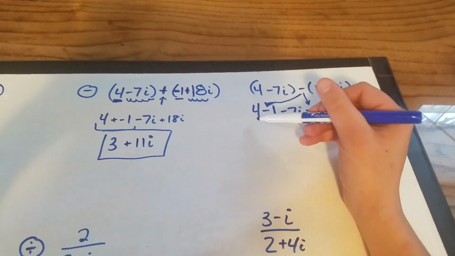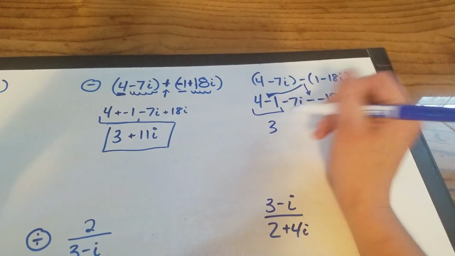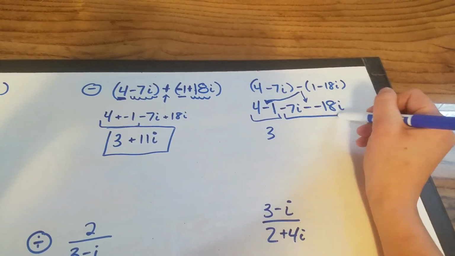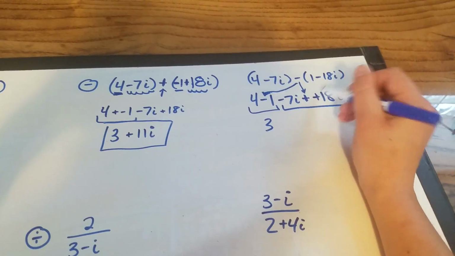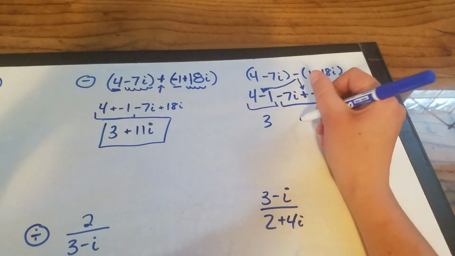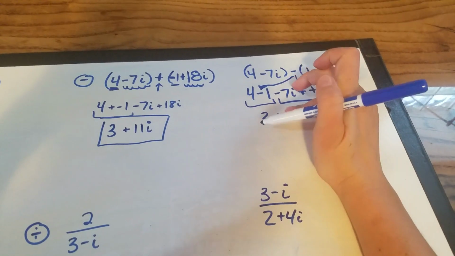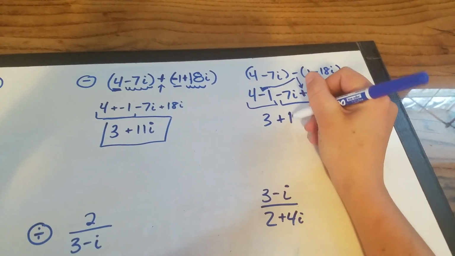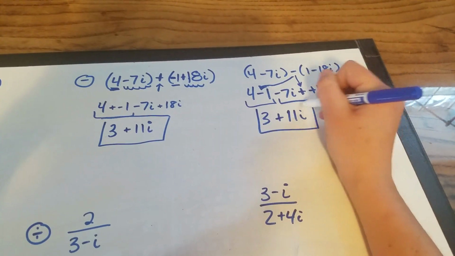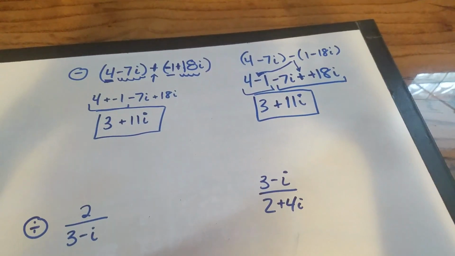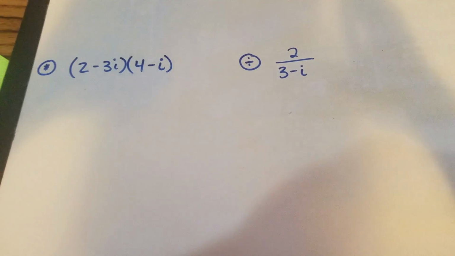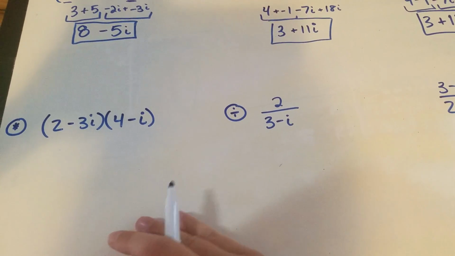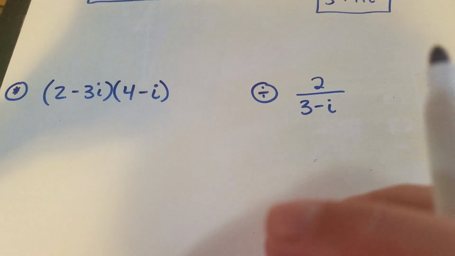So now again, we would have basically 4 minus 1, which gives us 3. We would have negative 7i minus a negative 18i, which when we have back-to-back negatives, it makes it positive. And again, that would give us 11i. So same answer, just two different ways of doing it. Okay, there is that. Okay, now if we move down to multiplication, so we do FOIL just like we did